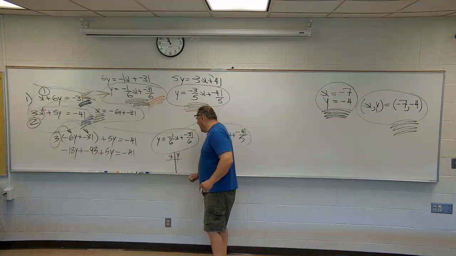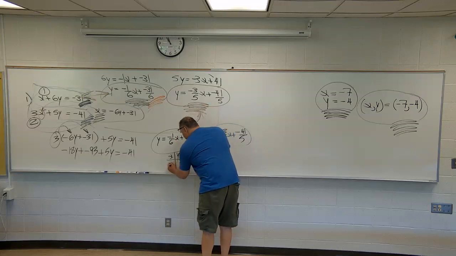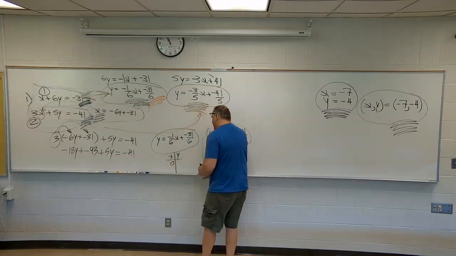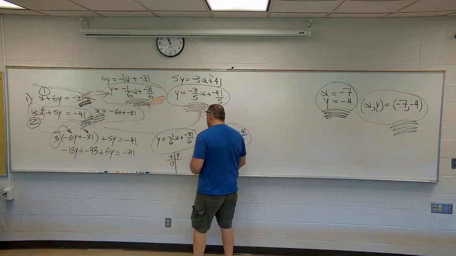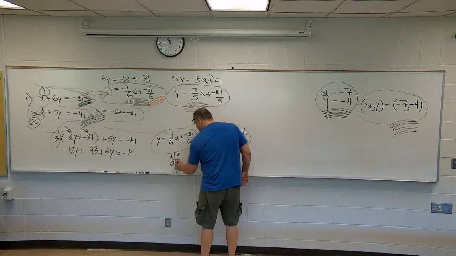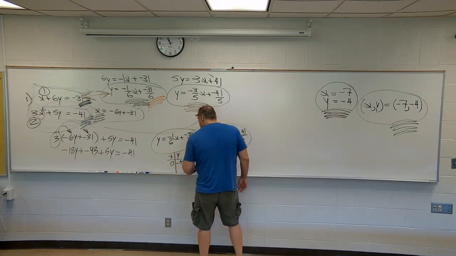X, Y. Let's see what we got. Let's put a 0 in there. I guess it's a pretty easy one to look at. 0 is a nice number to put in there, right? Let me see what I can do here. Put a couple here. Okay, 0 here, you got negative 31 over 6. Put a 0 here, that's 0, that's negative 31 over 6. That's negative 5 and 1/6. All right, not the greatest in the world here, but